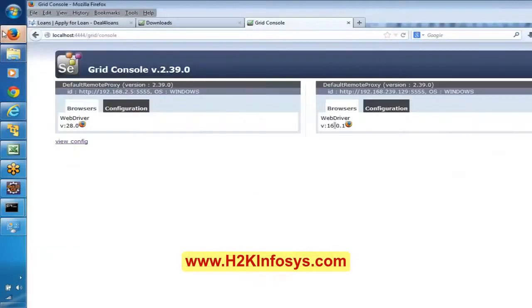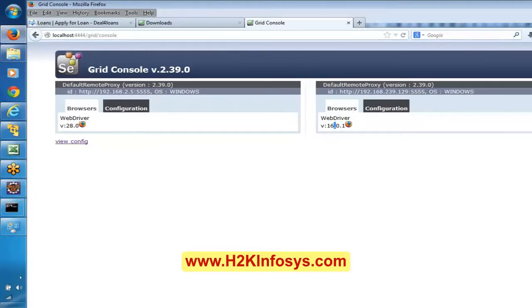It means, say here in the hub, as of now we have two browsers available. One browser is the 28th version, one browser is the 16th version, right? Now from the Selenium script itself, we can point on which browser we want to execute. That can be achieved by using desired capabilities. We will mention that I want to execute on so and so browser, so and so version, and so and so platform also. Automatically it is going to pick the machine available with that configuration and execute.